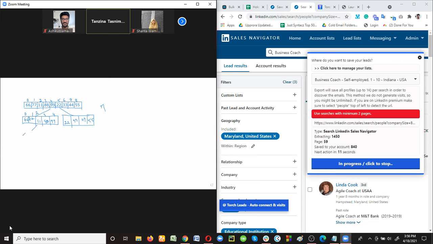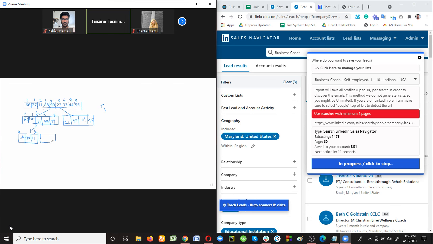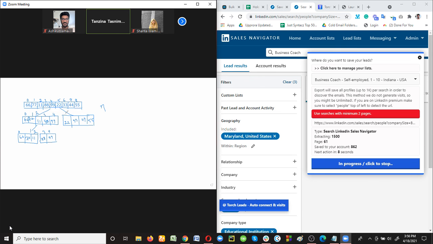So we will take all the elements from lower bound to mid in the first half of the array: 66, 77, then 11. This is the first half of this array. And then the other one is mid plus 1, that is 3, to upper bound: 88 and 99. Again, you can divide it into two halves. There are 4 elements, so we can take exactly 2 elements in each half of the array.